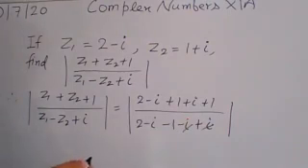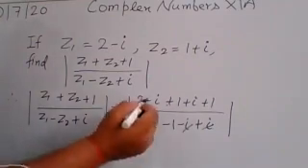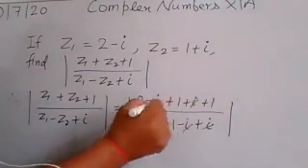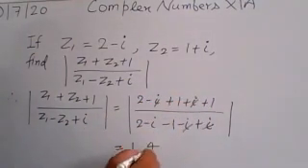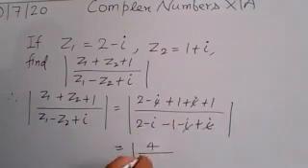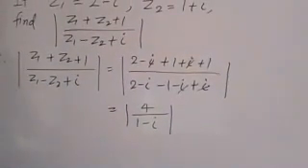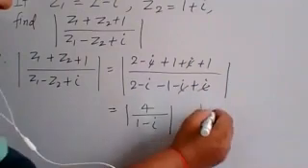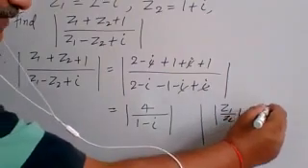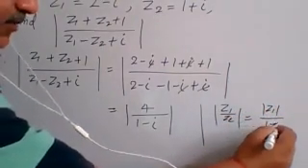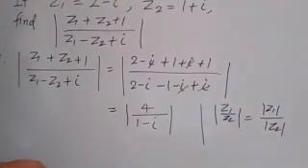And here you apply the property of modulus also. So overall here you have 2 and this 2, 4 upon 1 minus i. Clear? Now, you have a property: the mod of Z1 upon Z2 can be written as mod of Z1 upon mod of Z2.